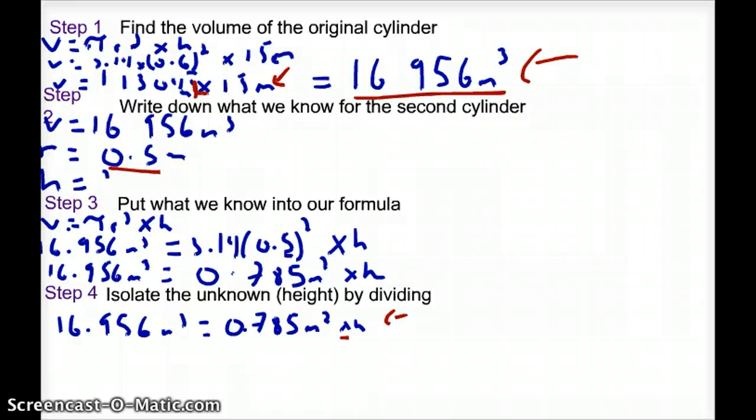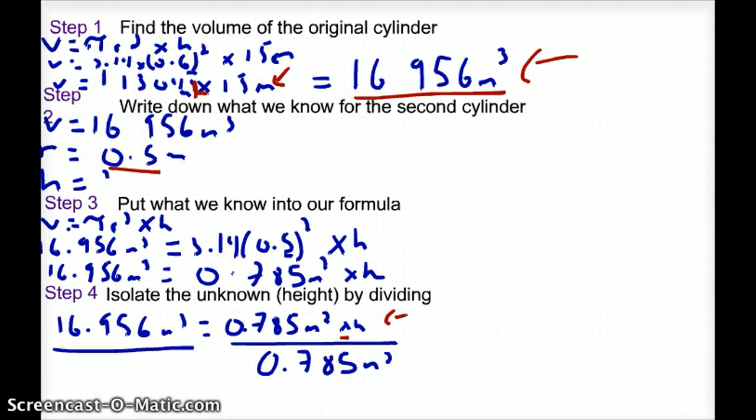So if we were to divide this whole thing by 0.785 meters squared, we've also got to do it to the other side, because what you do to one side, you have to do to the other. So on the other side, we're also going to divide by 0.785 meters squared. Now on this side, because we've got 0.785 on the top, multiplying and dividing, it just cancels out, and that becomes 1. On this side, we actually have to do the work. So 16.956 meters cubed divided by 0.785 meters squared leaves us with